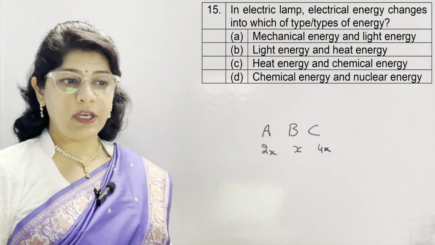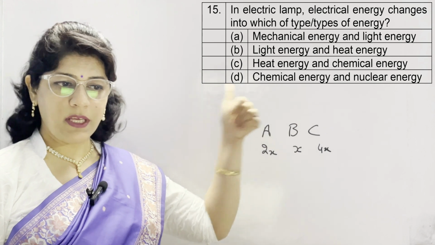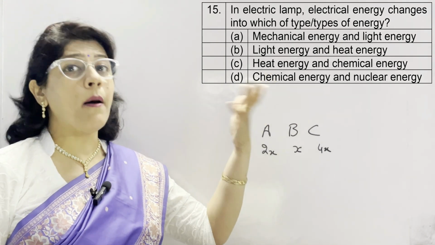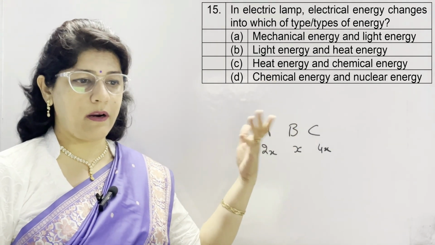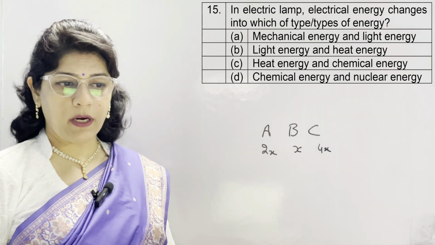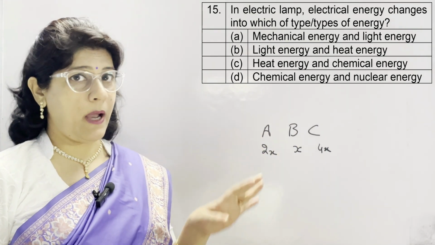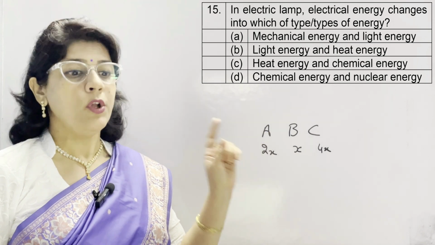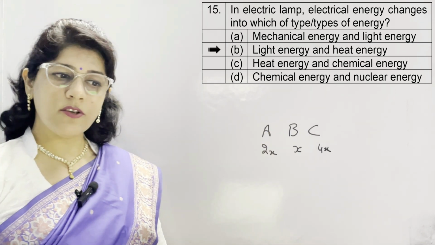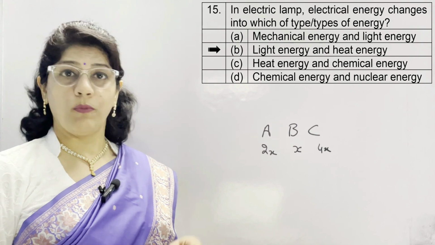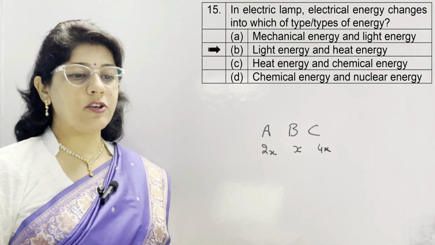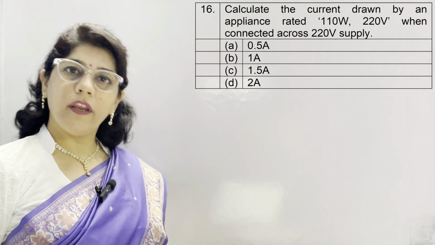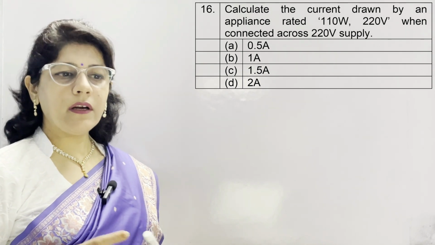And the correct option in electric lamp, electric energy हमने दी, जहां भी हमने switch on किया वहां हमने उसको electrical energy दिया और लैंप ने उसको कन्वर्ट करके लाइट एनर्जी और हीट एनर्जी, आप कभी टच करेंगे तो थोड़ा गर्म भी होगा वो, तो हीट एनर्जी भी बन रही है। लाइट एनर्जी एंड हीट एनर्जी दोनों हमें दी, तो B option is correct, light energy and heat energy.